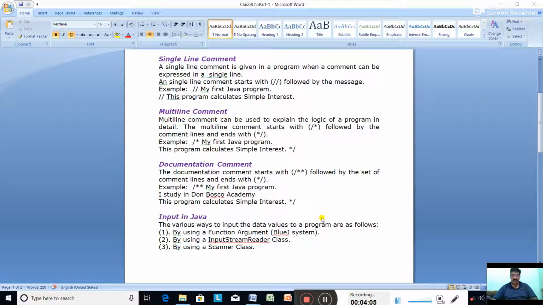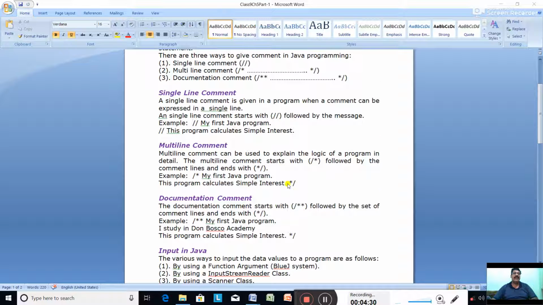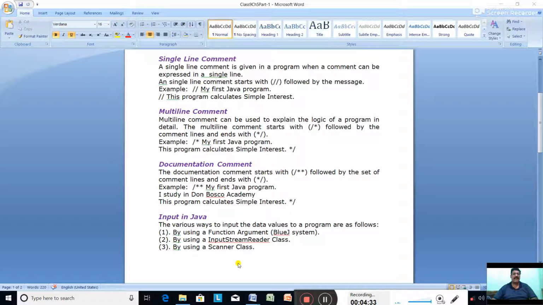Okay. Now why is it required? Because sometimes it becomes difficult for a user to understand the logic used in the program, especially when somebody else has developed it, somebody else has written it, you may not understand. In such cases, the programmer should mention the purpose and the action being taken in different steps. So this can be made possible only by applying the comment statements in the program, and Java provides these three types of comments just now what we have discussed. That is the single line comment, multi-line comment and documentation comment.